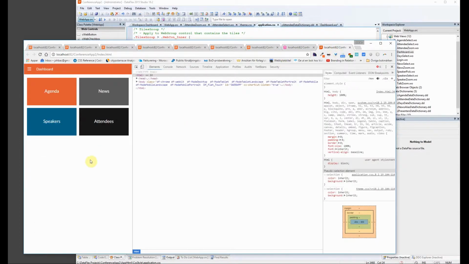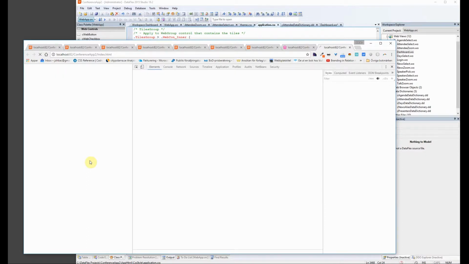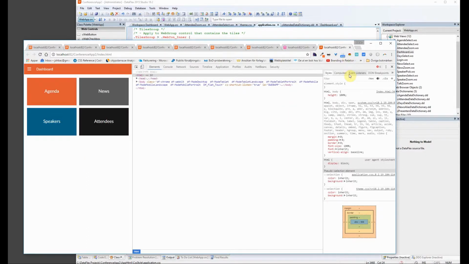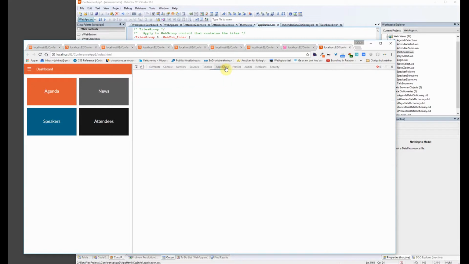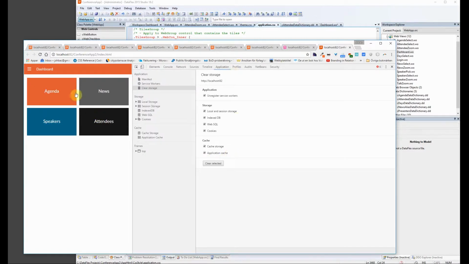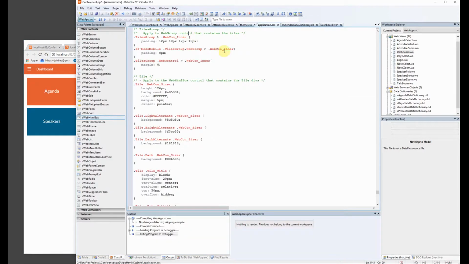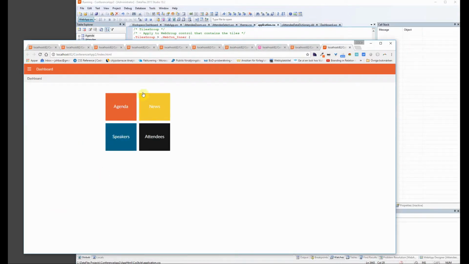Perhaps we need to clear the cache or something. Yeah, let's try that. Application, clear site data, reload. Now we need to compile and run as well. Yeah, there it is. So now we have these colors,